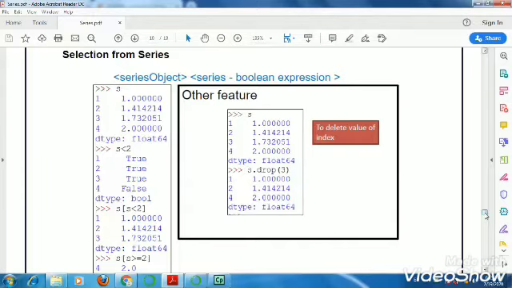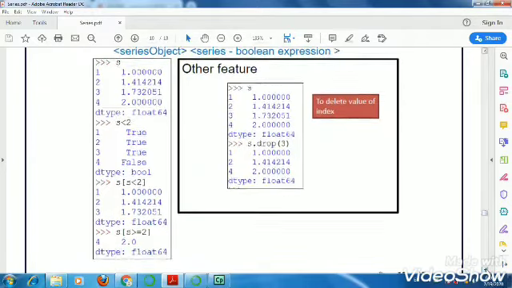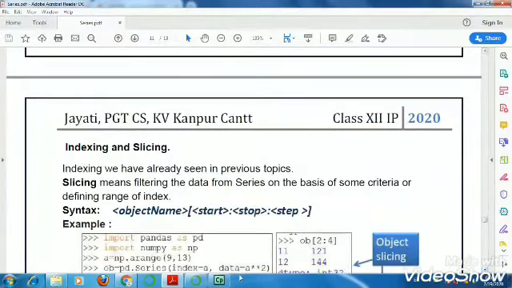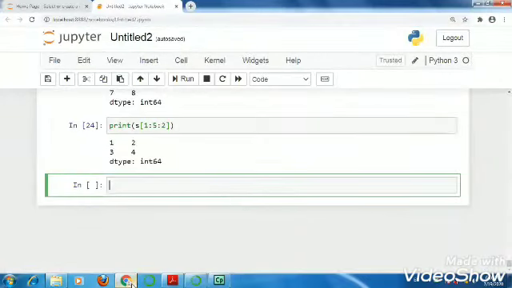In our last video we have seen how to drop a particular value from a series. One more statement is there to remove a value, that is del. Here drop is a function and del is a statement. So now first we see in this video what is the difference between drop and del, and after that we will see indexing and slicing. So let's move to our